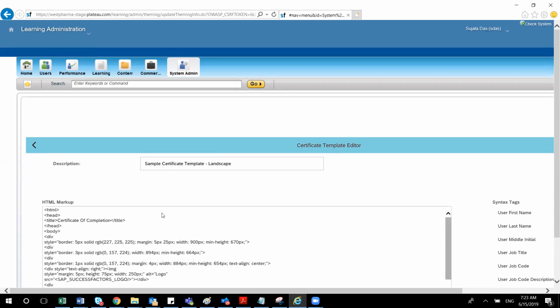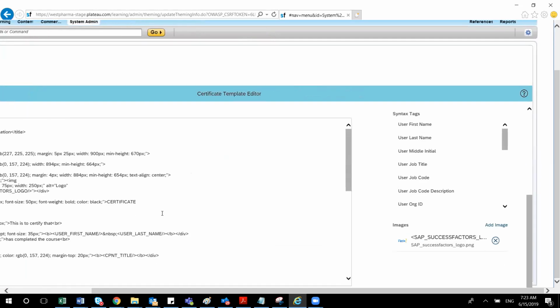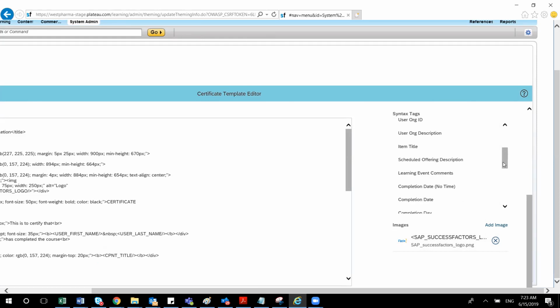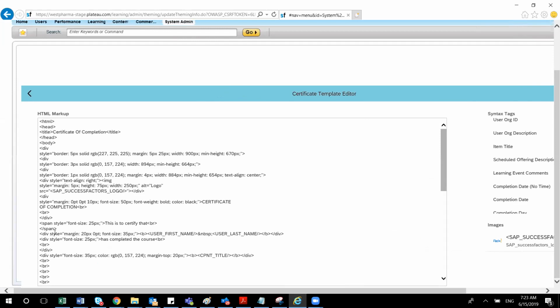On the right-hand side, you can see a logo. This is the system logo, the SuccessFactors logo. Then you can see some syntax tags, what you can use in this program, like first name, last name, job title. You can drag and drop the fields required for your certificate, put them here, and then you can attach it.